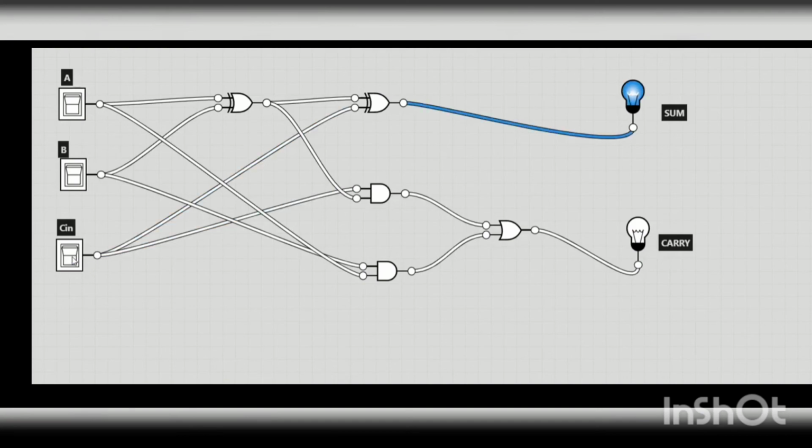Now we can check the result. We are getting the outputs. These are the outputs for full adder.